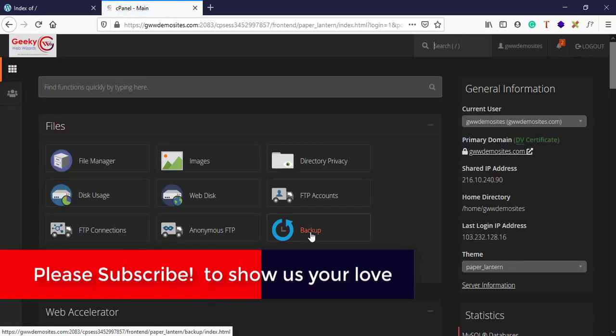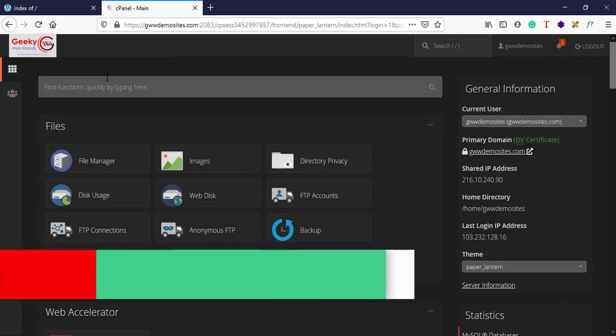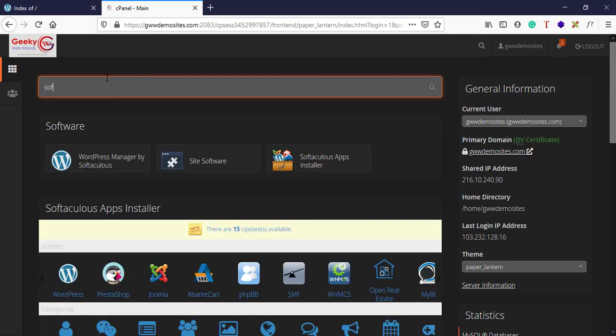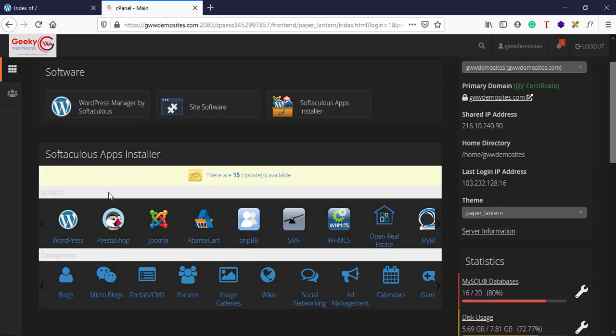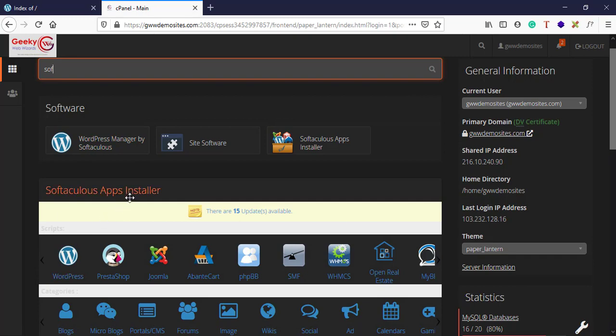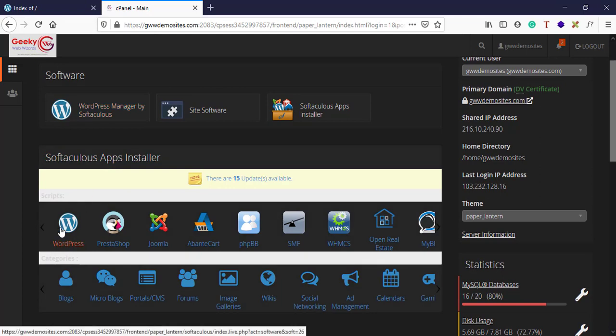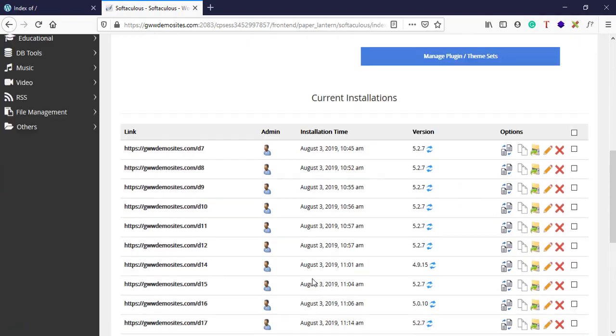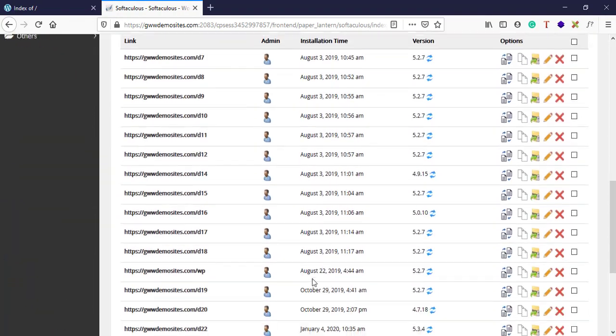Once you log in, search for Softaculous Apps Installer, or else just type here "SO". You can install WordPress from here as well, but this way, within Softaculous Apps Installer, is my preference. You can try this as well. Within Softaculous Apps Installer, you will have this option called WordPress. Open this. You can just click on that, and here is the wizard that will display all the installations,